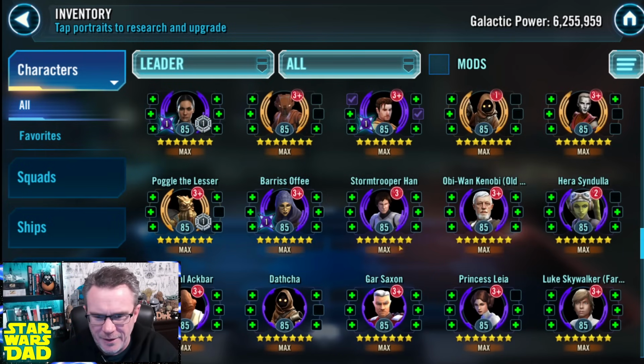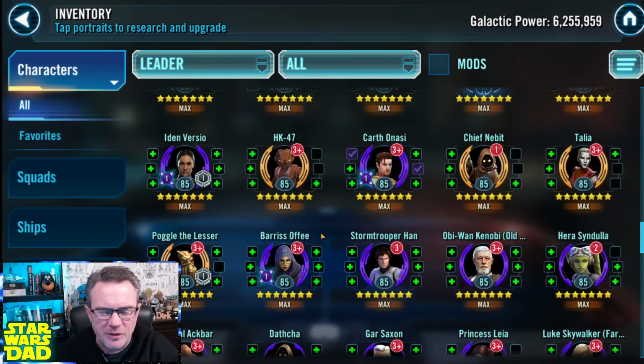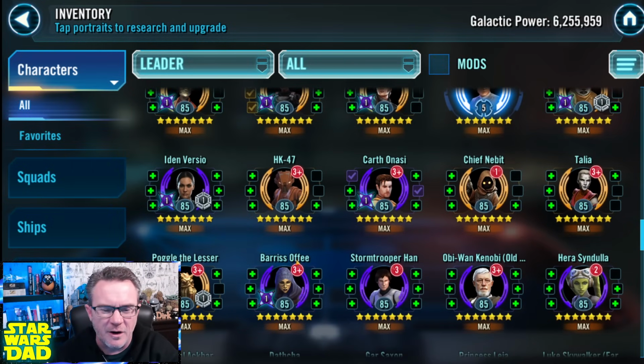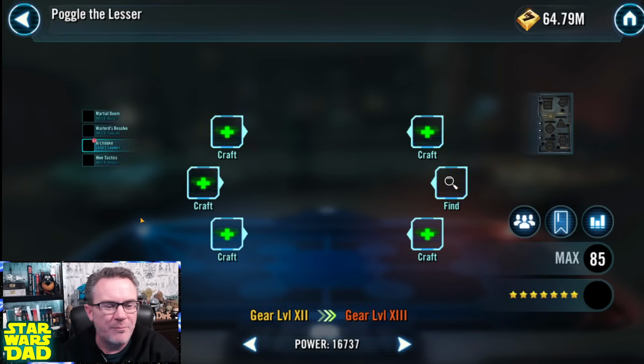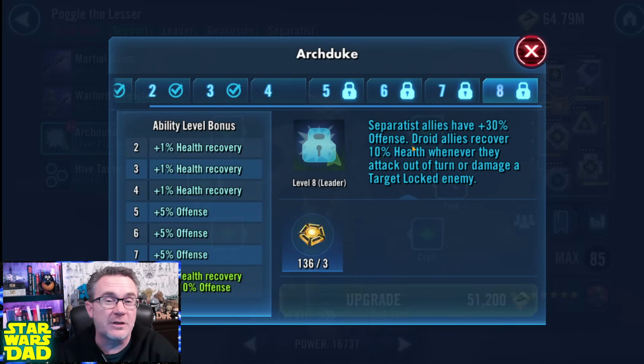Let's keep going here. I've actually seen some used for Akbar, Stormtrooper Han. Not going to put those guys in there. Barriss Offee, she ends up leading sometimes a Starkiller team. Poggle! And you guys know this because if you play Geo territory battles, he is the leader on that Geo team in the top Sector 1 territory. So, Separatist allies have plus 30% offense. Droid allies recover...